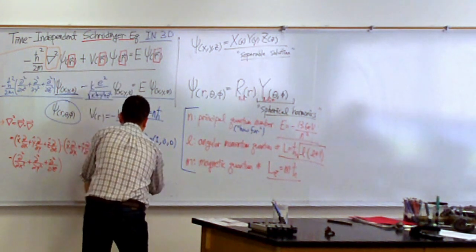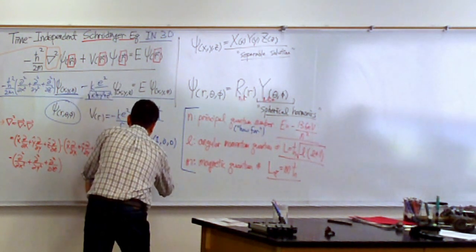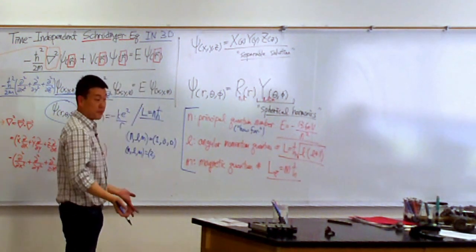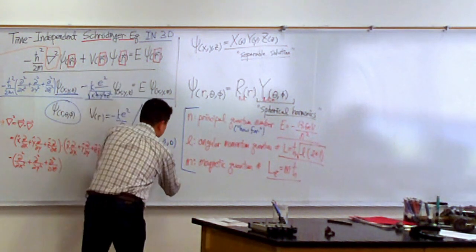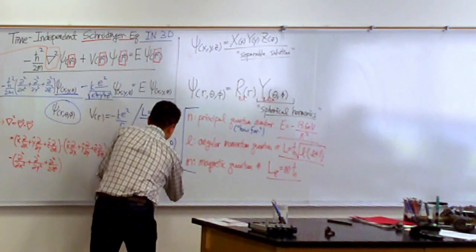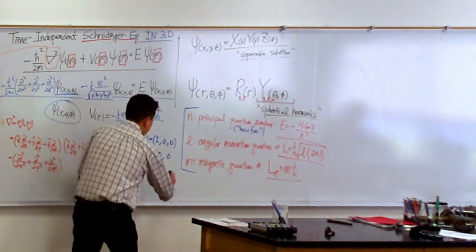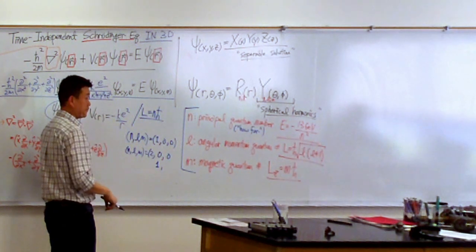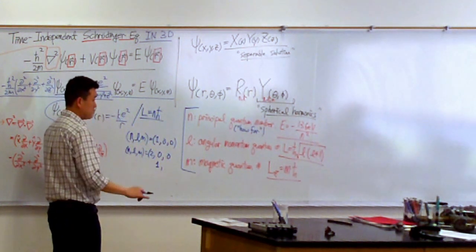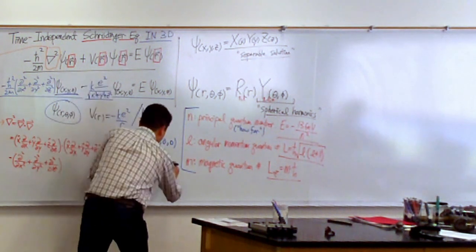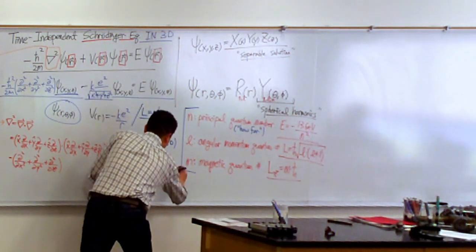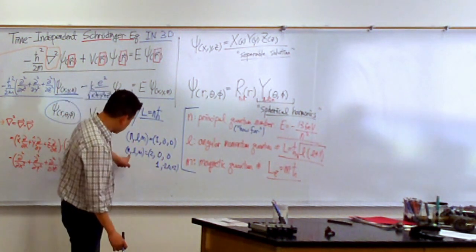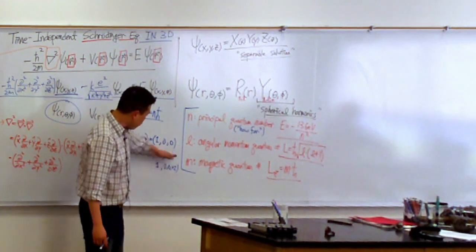So let's say N equals 2. Now you're beginning to have some possibilities. You can have 0 for L, in which case we continue to have a boring 0 for M. Or you can have 1 for L. Then what are some possible values for M? Minus 1, plus 1, and 0. Going in order, minus 1, 0, plus 1, right? Three different projections. So once you have N equals 2, there are a total of 4